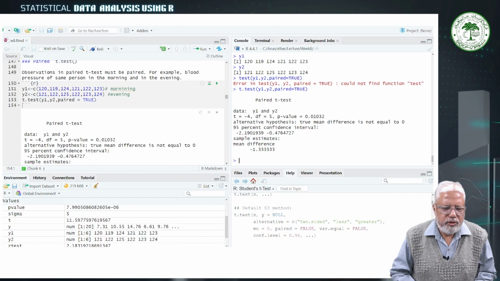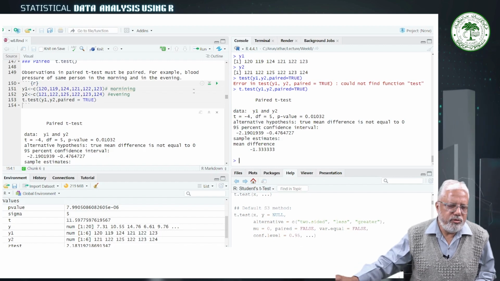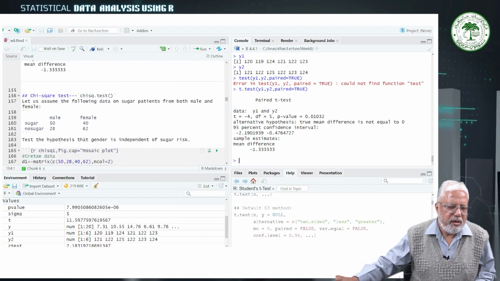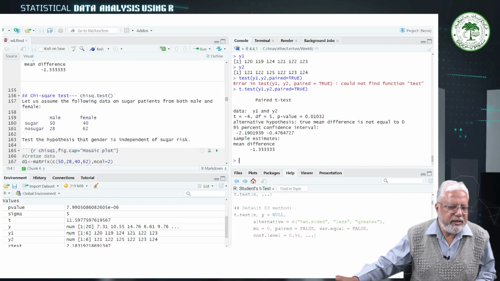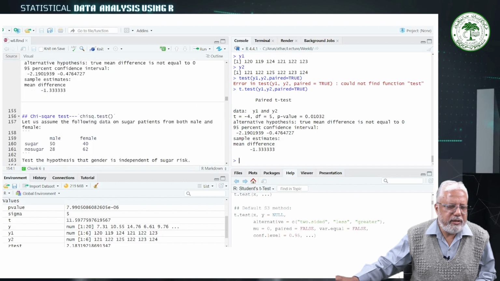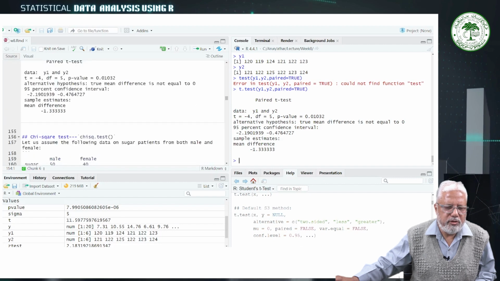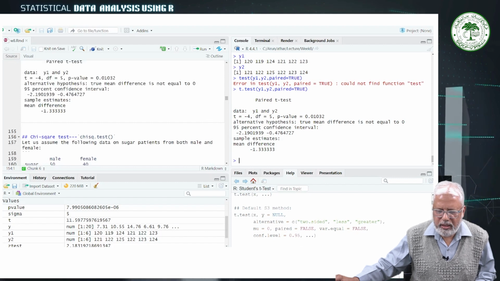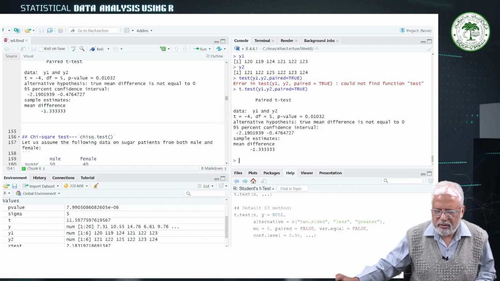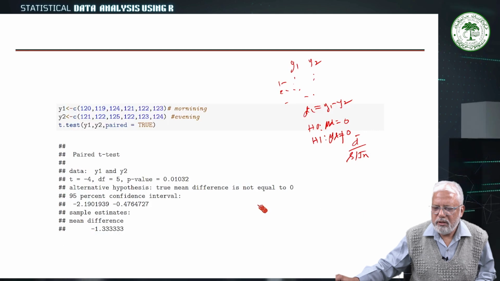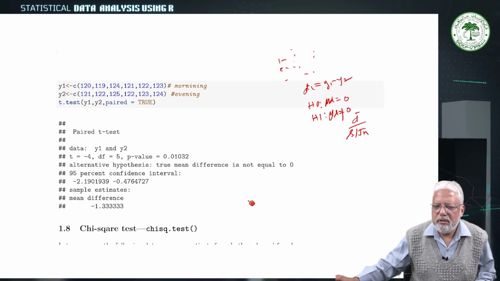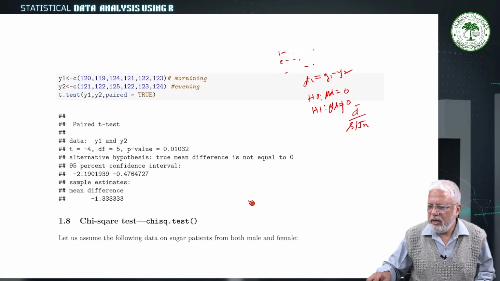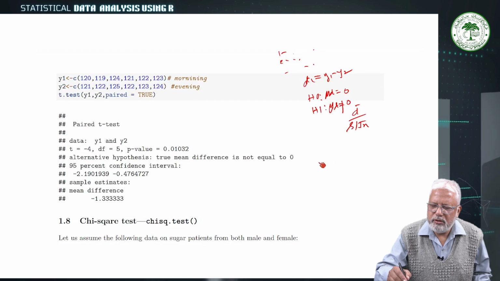Now we can talk about this chi-square test, but before chi-square test I would like to talk about var.test. See, var.test. Suppose we want